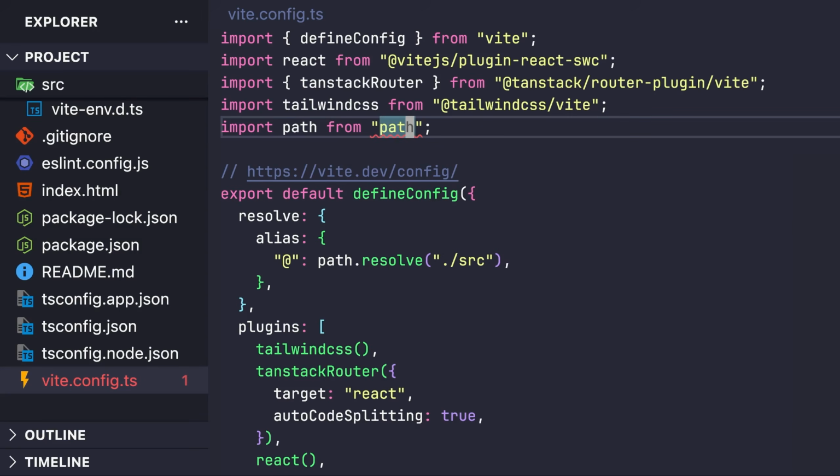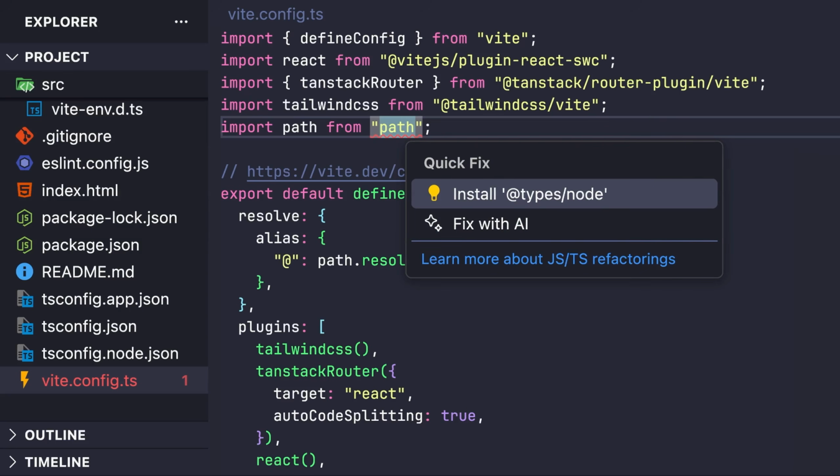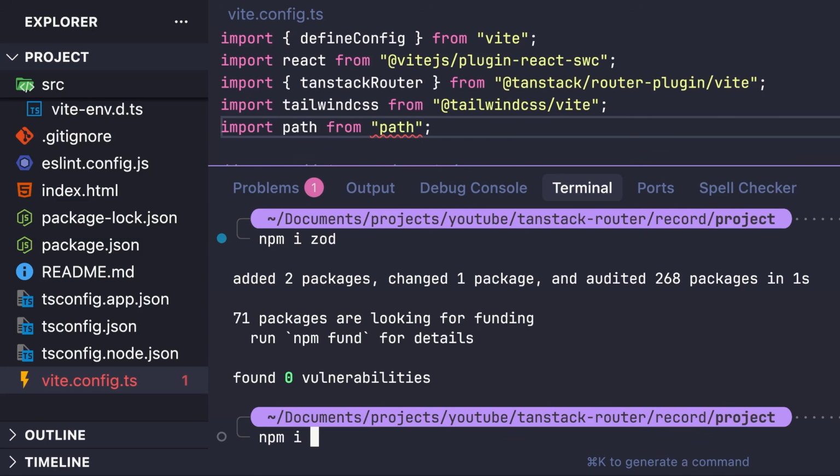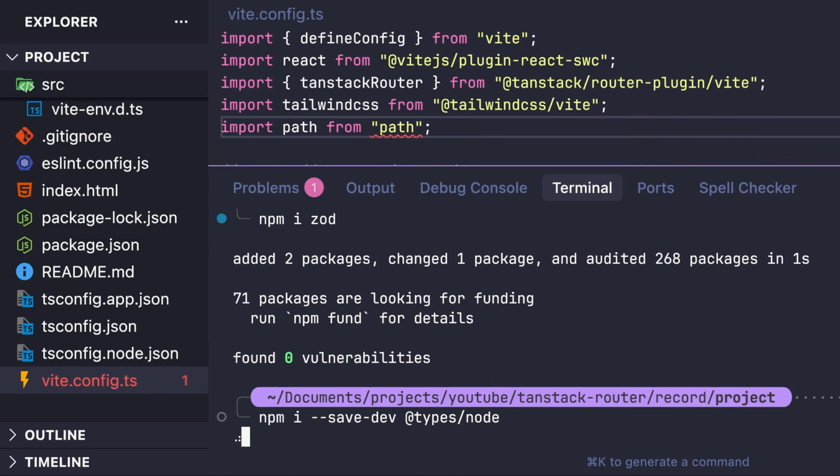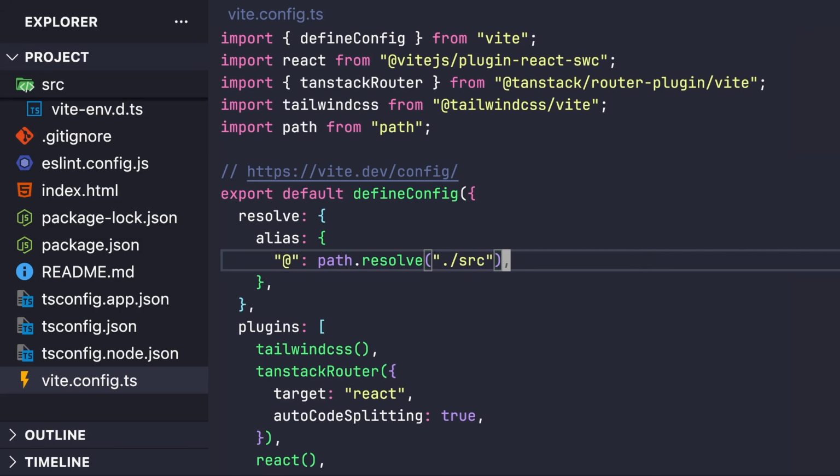And to fix this error, we need to install types/node as a dev dependency. So open up your terminal and install the node types like this as a dev dependency, and the error will be gone. Perfect, hit save, and then head over to the